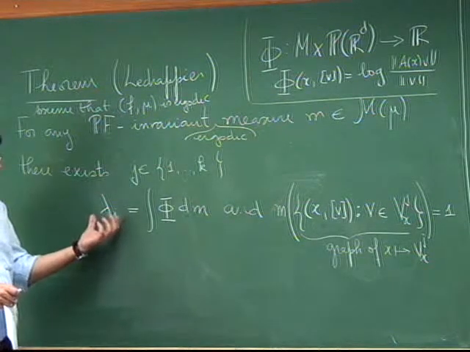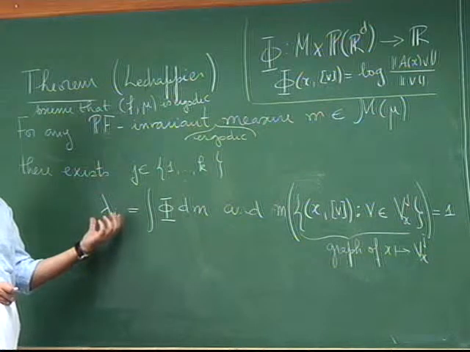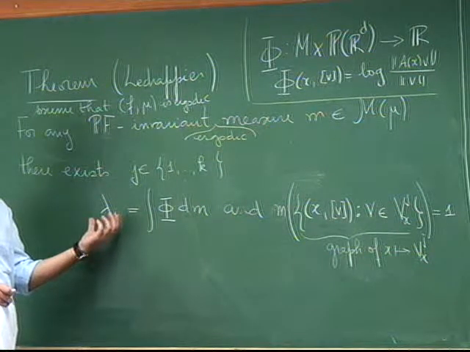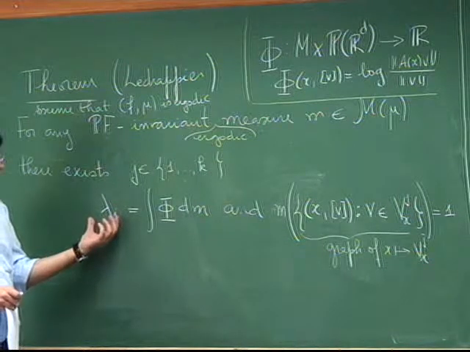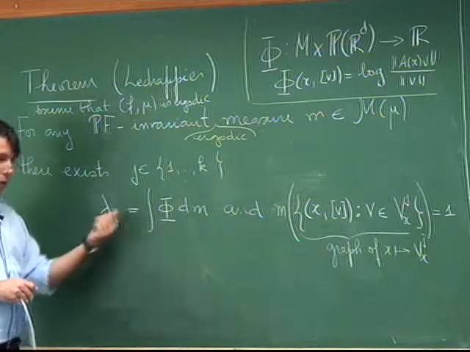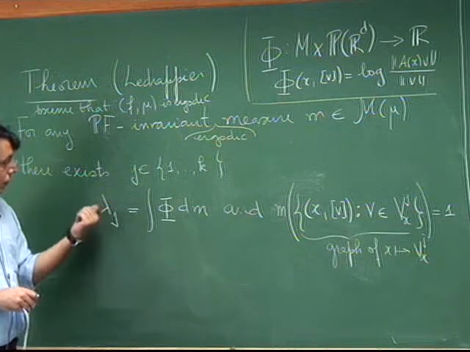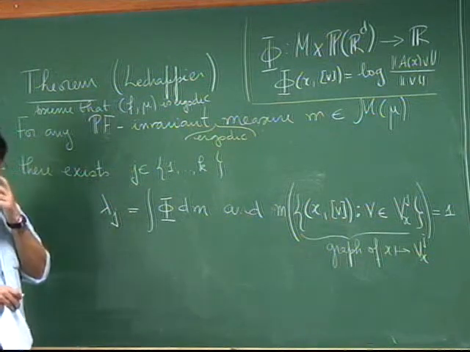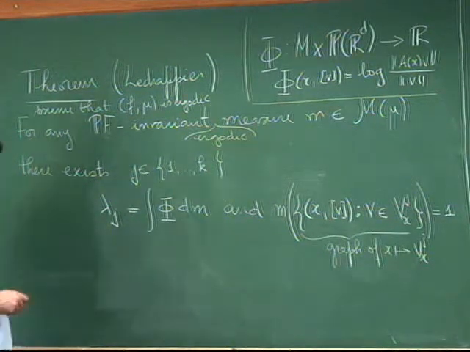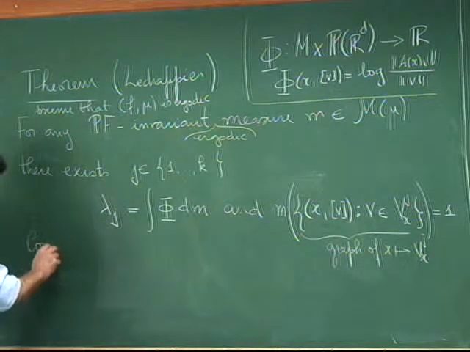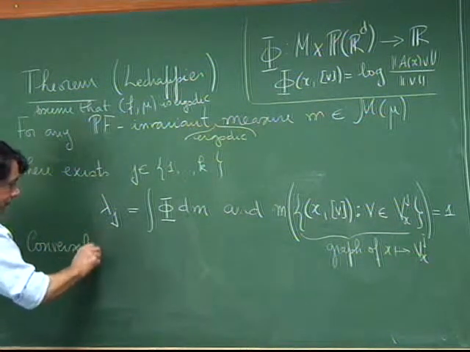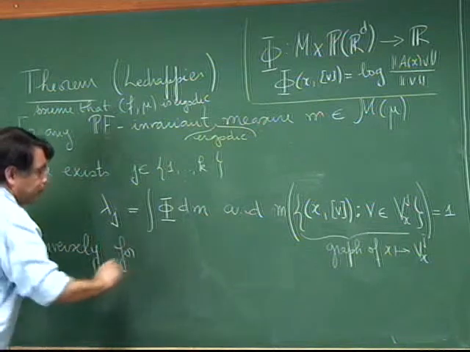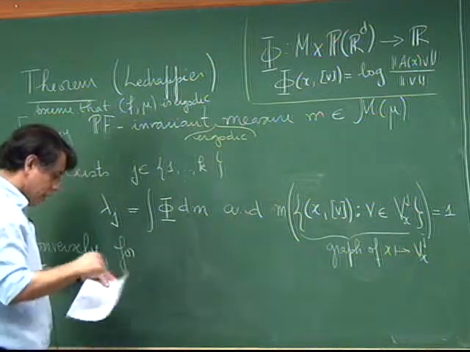which Lyapunov exponents can be written in this way. Which ones? For which ones is it possible to find an invariant measure that allows you to compute the Lyapunov exponent in this way? And the answer is for all of them. So conversely, for every j,